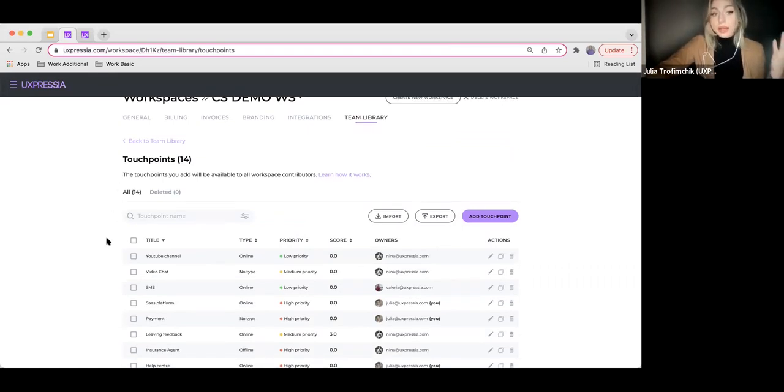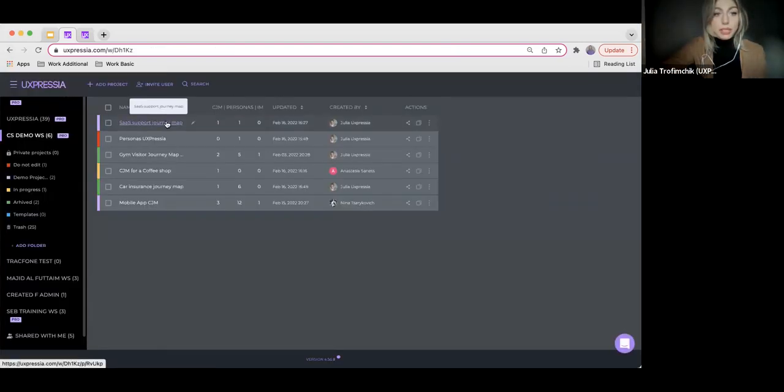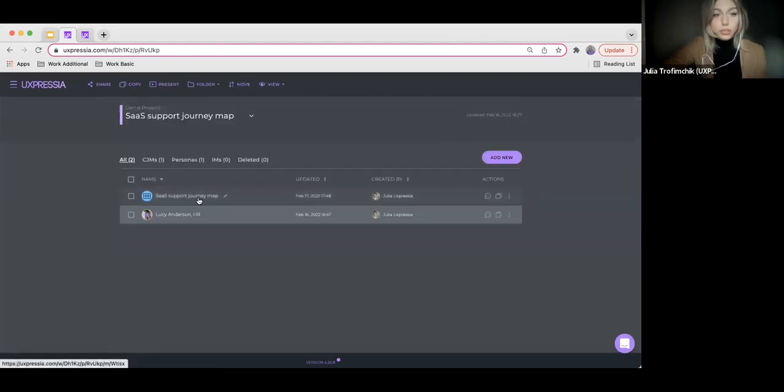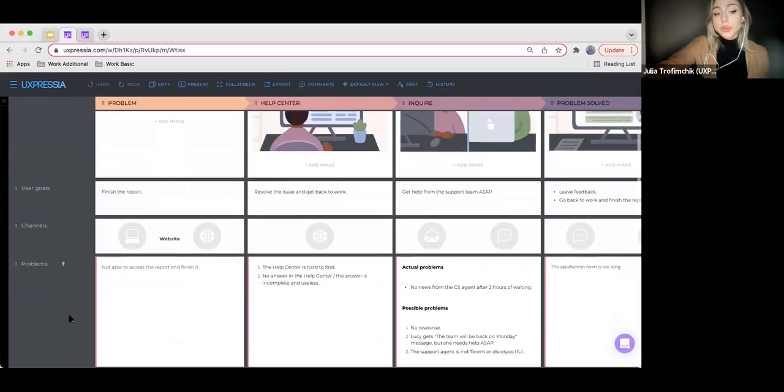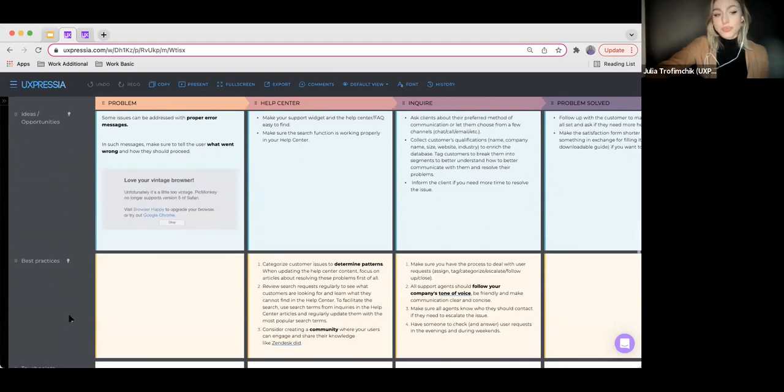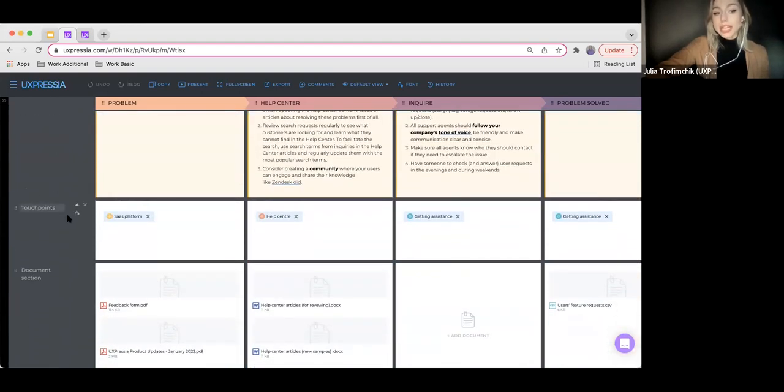So now let's go to the map level and check how to add the touch points that you've added to the workspace level to the specific map. And we are going back to our demo map for today. Here in the map, all you have to do is select a dedicated section. We have the specific section called touch point section.